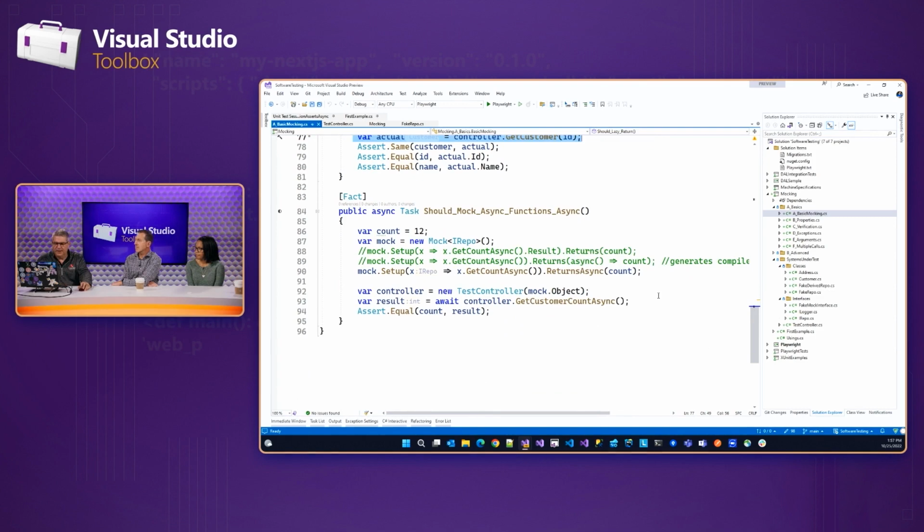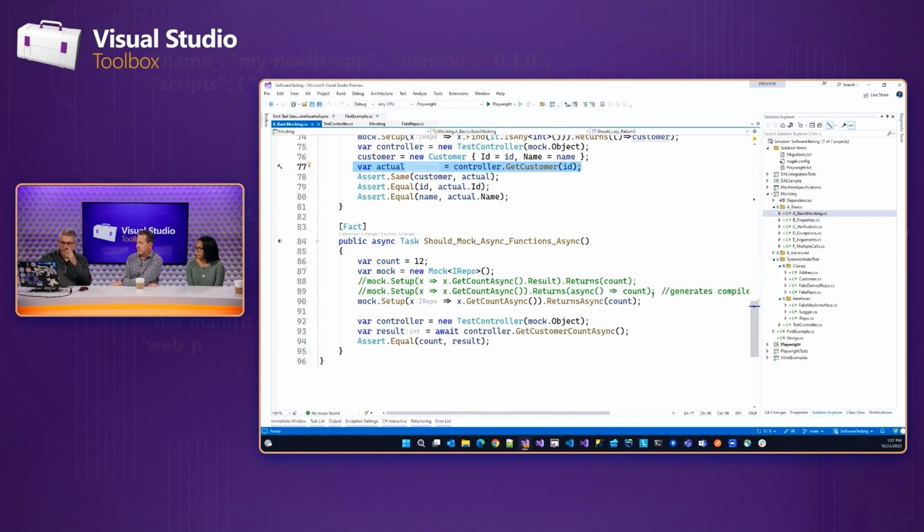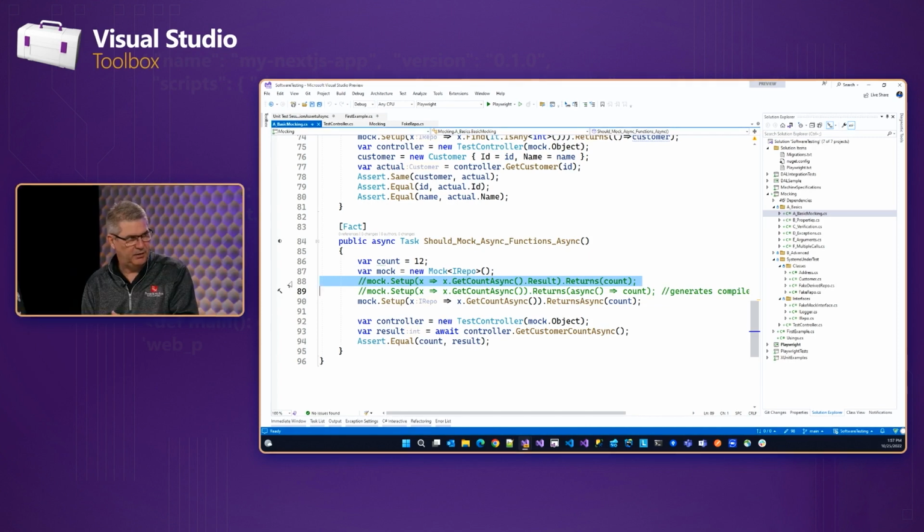And then the last thing I want to cover in this section is async functions. So there's several ways you can do it. Really the favorite way, favorite's the wrong word, the recommended way is to call returns async. You're just setting this up and it's an async call and you can return async. There are two other syntaxes you can use, right? You can call .result, but if you go out to Stephen Taub's blog on await async and why calling .result is bad, I really steer away from calling .result. Same way as I don't call getAwait or getResult. So I don't like that.